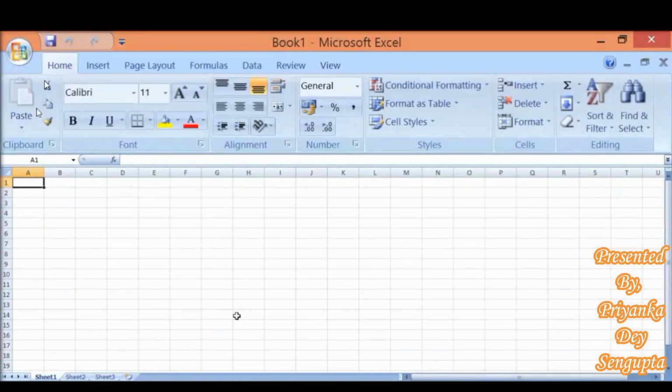See, I have already opened Microsoft Excel. It will open a blank worksheet. To open MS Excel, first we have to go to the Start button, click All Programs, select Microsoft Office and then MS Excel, or else we can also search for MS Excel in the search bar. Now, according to the first question, we have to type Progress Report on cell D2. So on D2, I am typing Progress Report. This is cell D2.